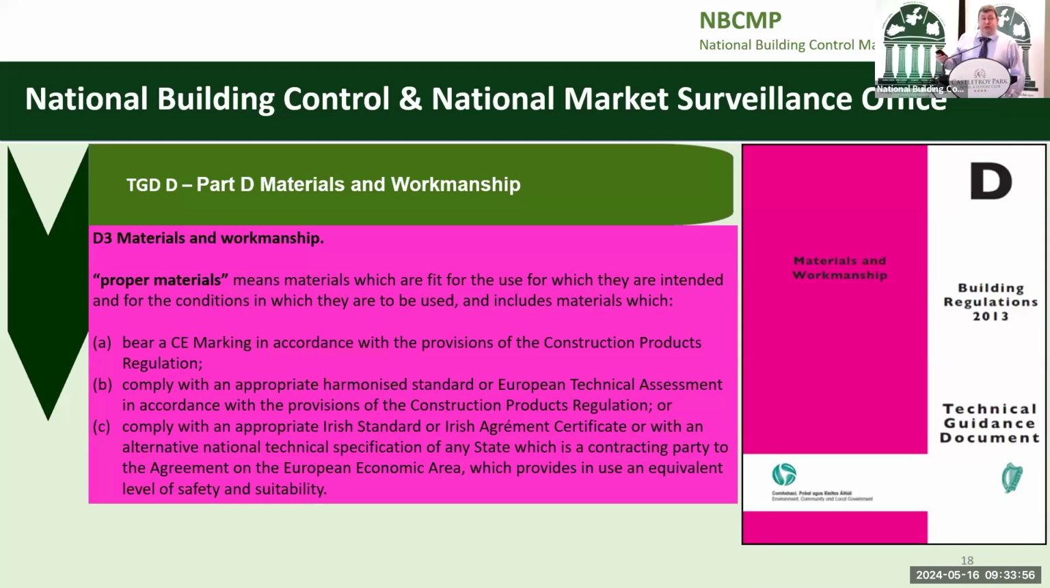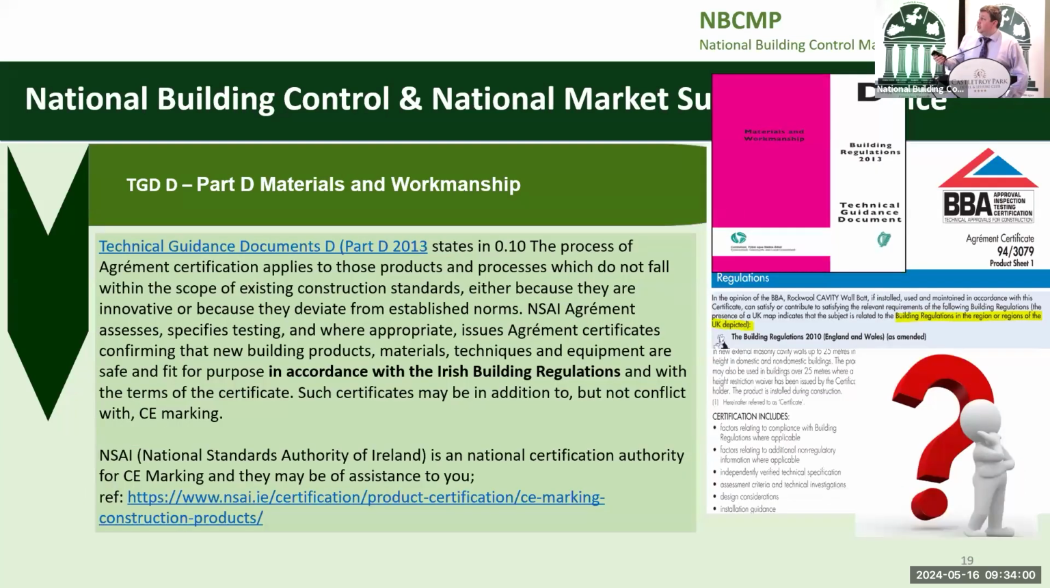And the Agreement Cert process has come on a lot in the last couple of years. A lot of materials there, and this is the explanation note on the guidance, and it says the process of Agreement Certs applies to those products and processes which do not fall within the scope of existing construction standards, either because they're innovative or because they deviate from established norms. The NSAI Agreement